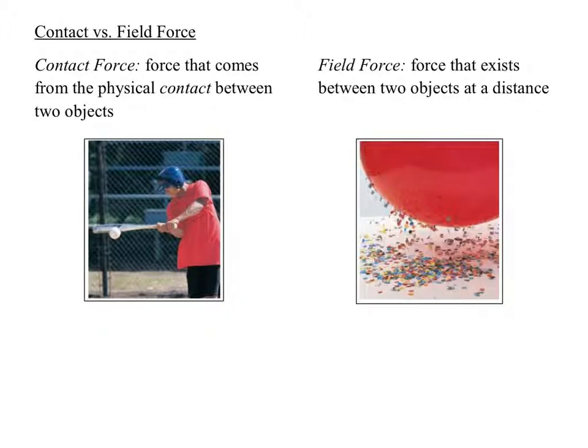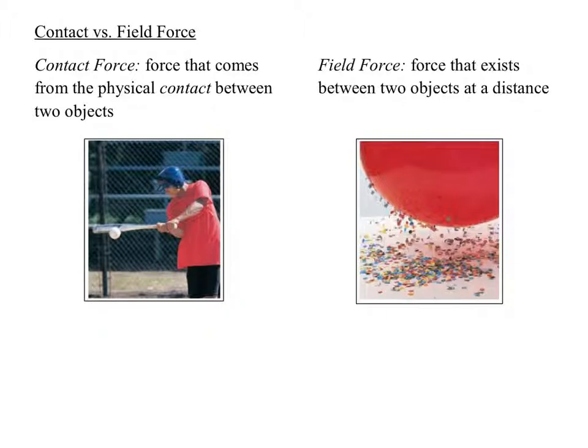So for example, one of the things I want to do this year, which I didn't get to do last year, is talk about how a current carrying wire produces a magnetic field. And what we can do is have a wire coming through a surface. We'll create a wooden surface, drill a hole through it, have a wire come up, and put iron shavings around it, and we'll see rings develop. We'll actually see the iron shavings form rings, and those are the magnetic field lines that occur around a current carrying wire. So it's not obvious all the time, so we have to really try to come up with basic